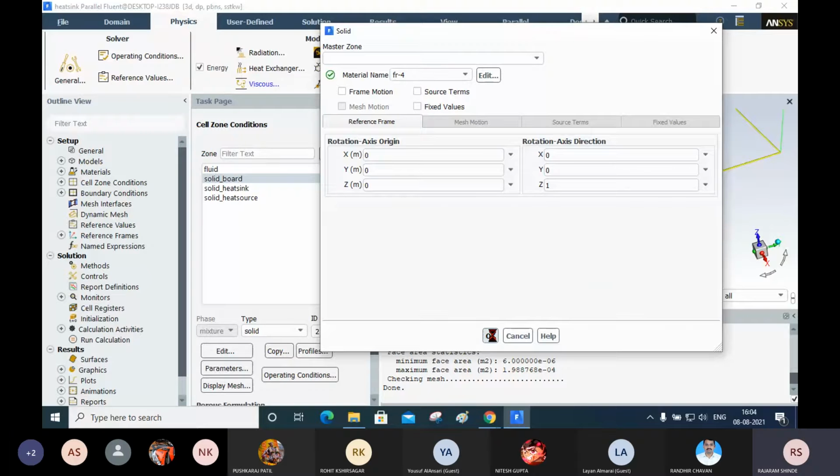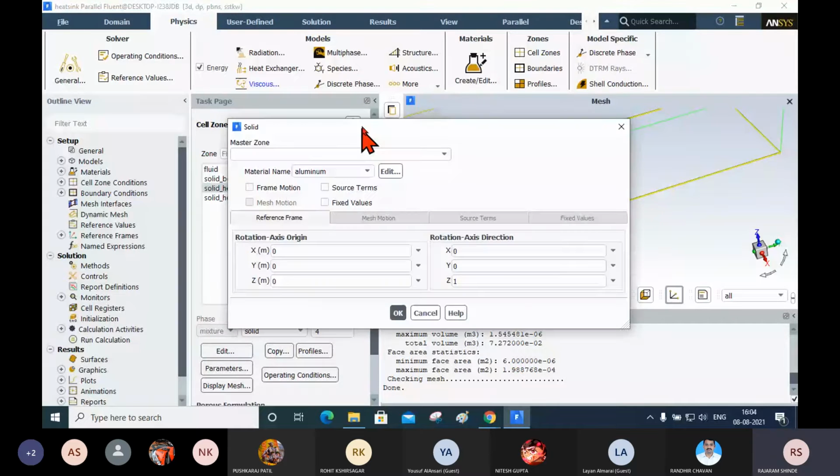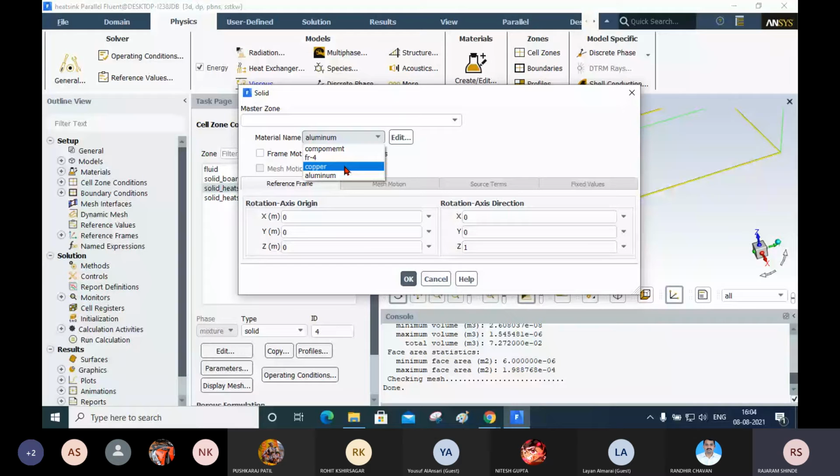Next, after doing this, you go to the heat sink, and the heat sink is also solid, it is made up of copper. Okay, and in place of this aluminum, you select the copper here. I will tell you later. Click OK here. Now next is an important thing.